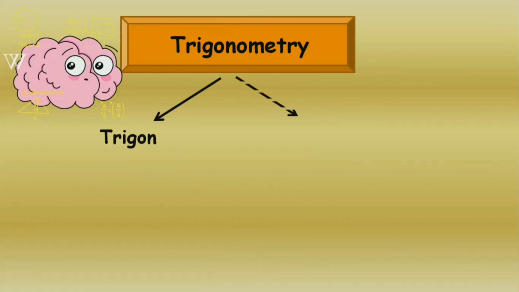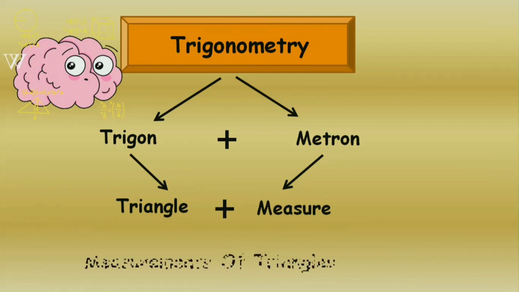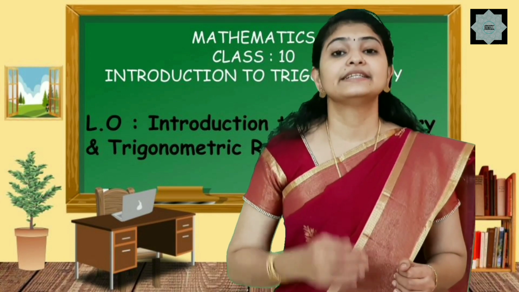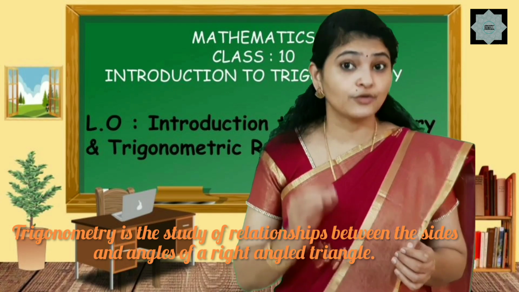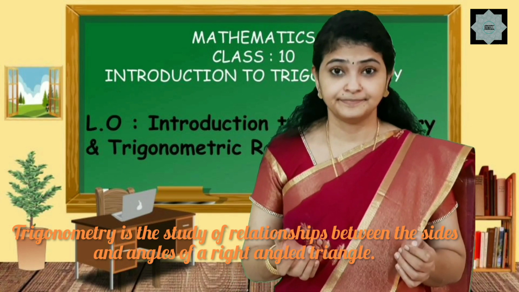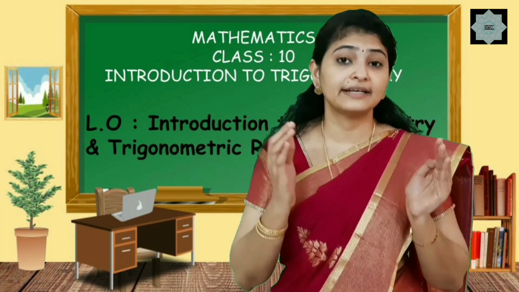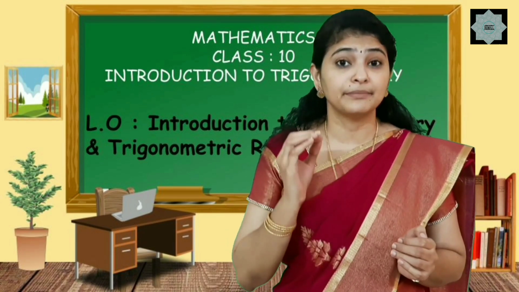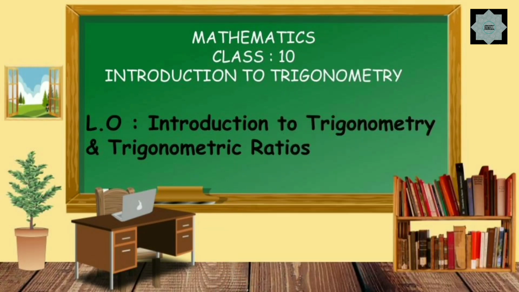What does trigonometry actually mean? The word trigonometry is derived from Greek, which means measurement of triangles. So basically, trigonometry deals with measurements of triangles. It deals with the measurements of sides of a triangle and angles of a triangle. Trigonometry plays a very important role in our daily life. All the problems which I had discussed can be easily solved by trigonometry. Apart from this, trigonometry can be used in many fields like construction, astronomy, etc.